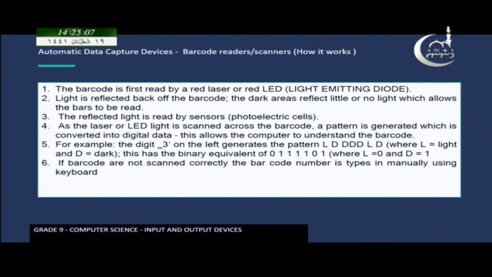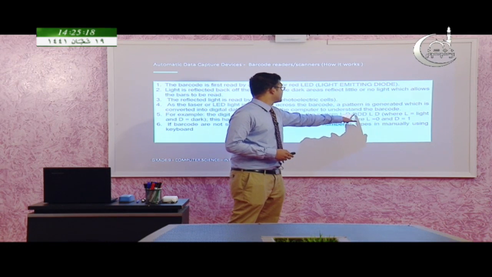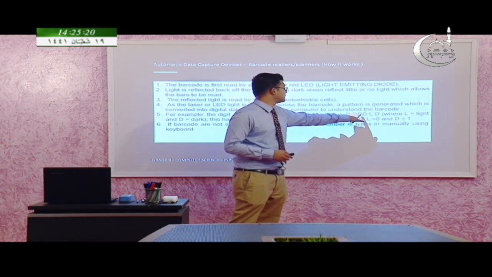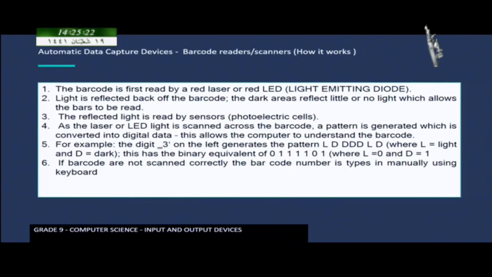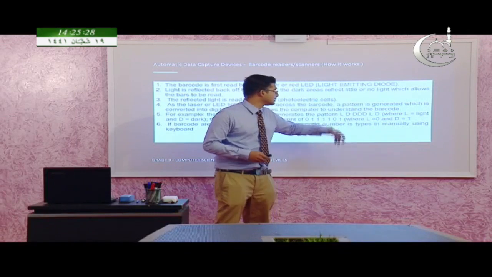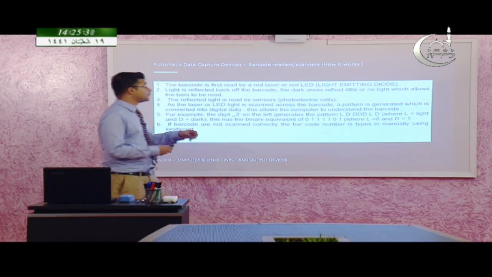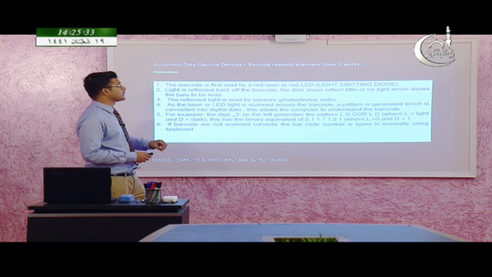The dark area will be taking more light and the light area will be reflecting more light. Based on that, the reflected light will be of different intensity, for example, light, dark, dark, dark, dark, light, dark. This is the same way the barcode works. There will be a dark line, then a light line, and it will be reflecting based on that. And based on that we will be identifying